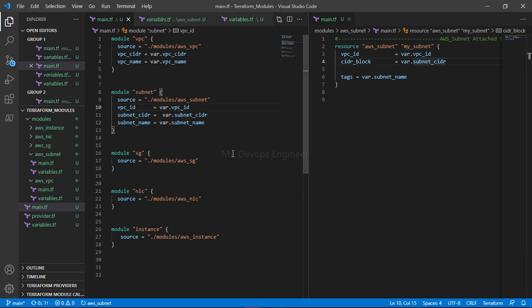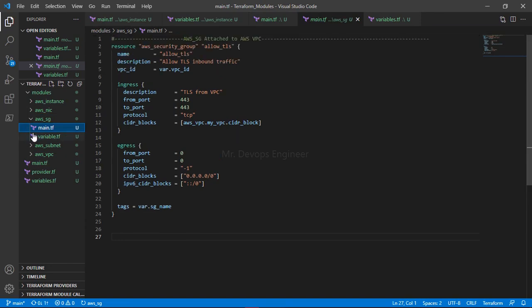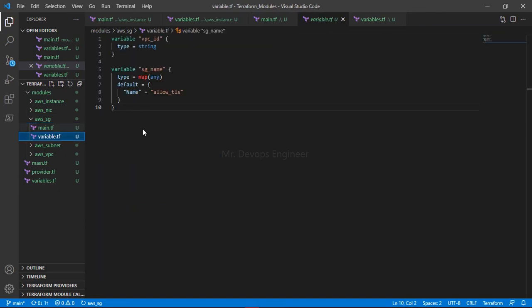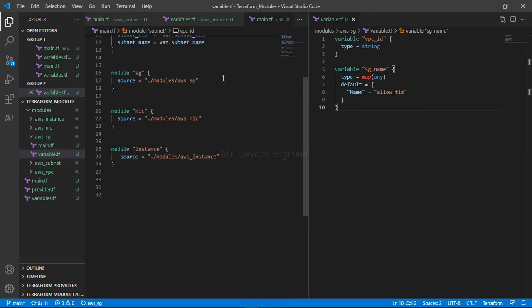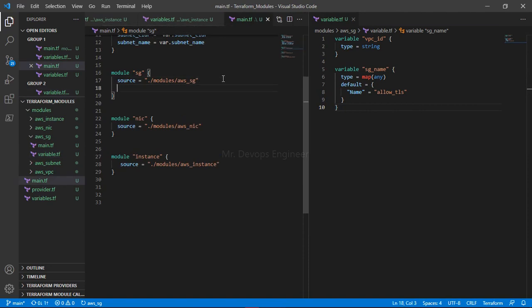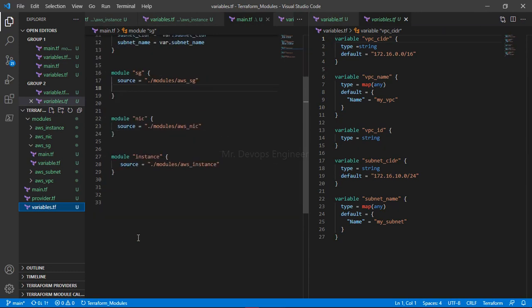Now you can go ahead and do the same for the security group as well. So let's go to the security group section, go to main.tf, or better, go to variable.tf. These are the two things from the front end we have to pass. Again we will do the same thing: define the left and the right variables with the same name. You can copy this and go to the variable section, this is the main variable file.